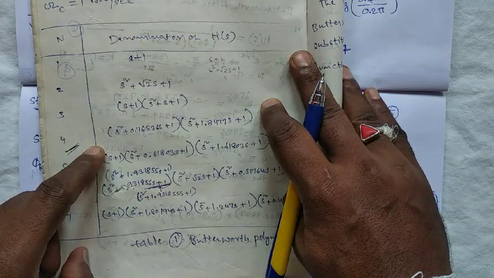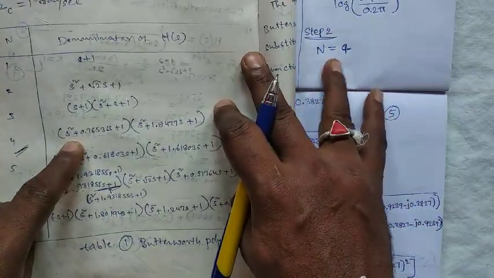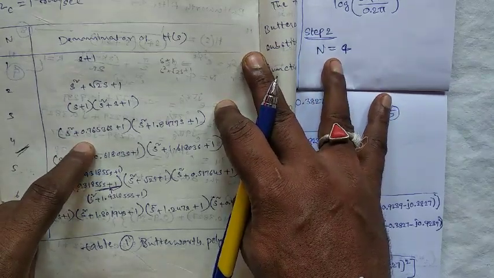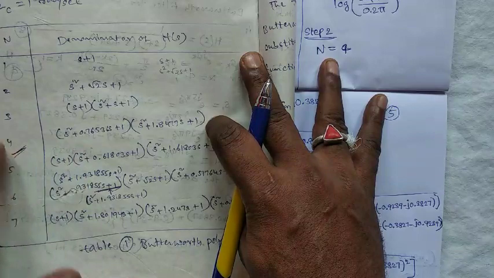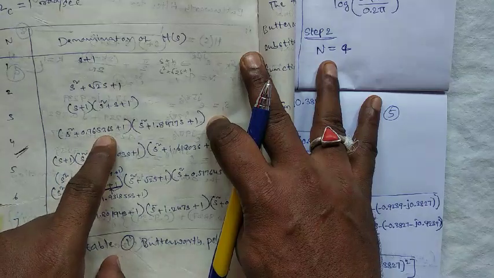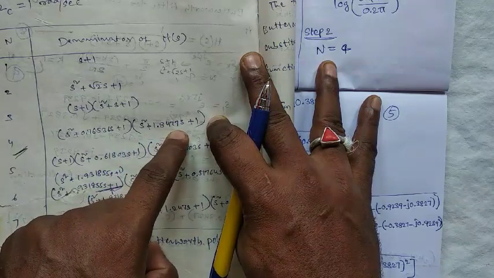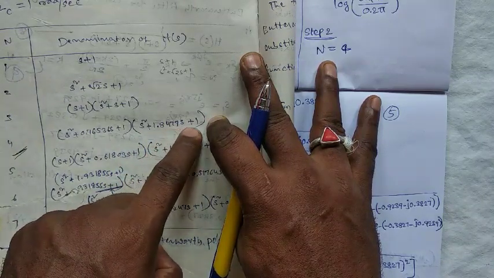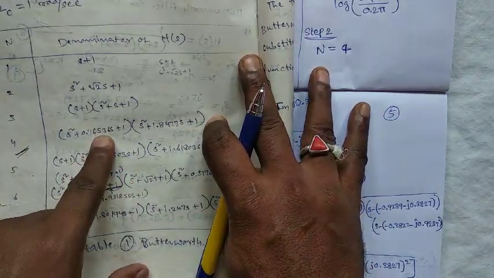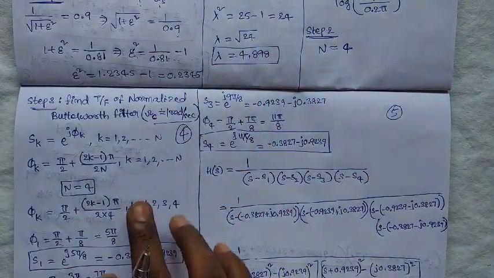Here we are determining the transfer function. H of s is equal to what? 1 by, here the order is n equal to 4. For capital N equal to 4, the denominator polynomial of H of s is s square plus 0.7653 s plus 1 into s square plus 1.8477 s plus 1. Here you have to use the table. Otherwise we are determining it from the